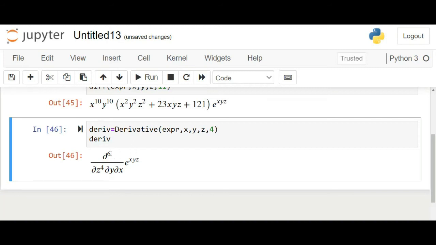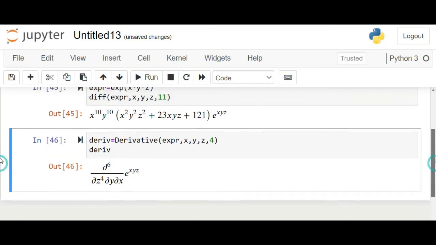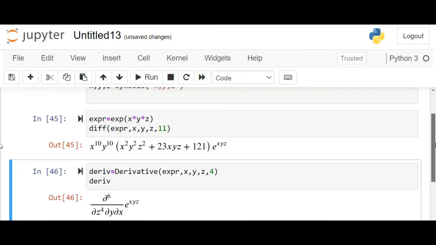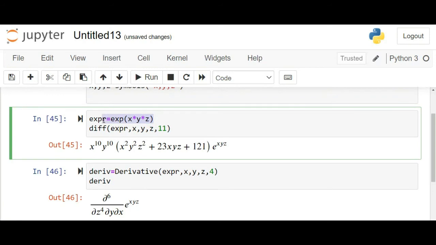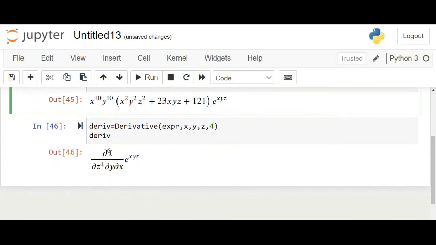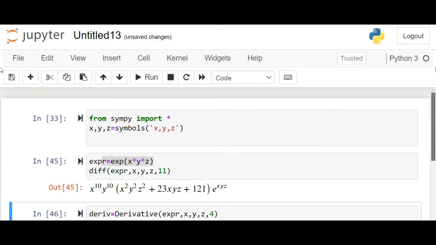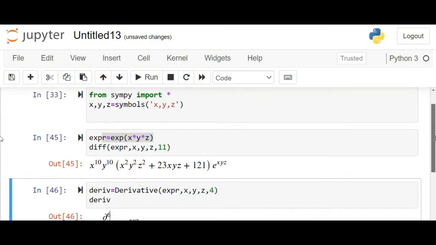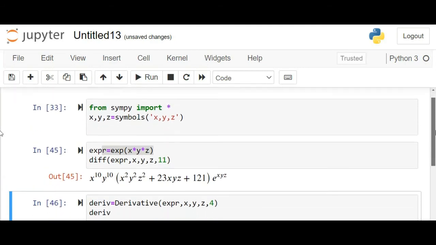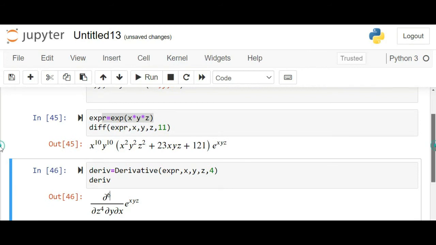Whatever we have done previously. Okay, actually this is e raised to the power x comma y comma z. So this is the sixth partial z, and partial y and partial x, because the functions that we have derived previously contained just like as. Okay,